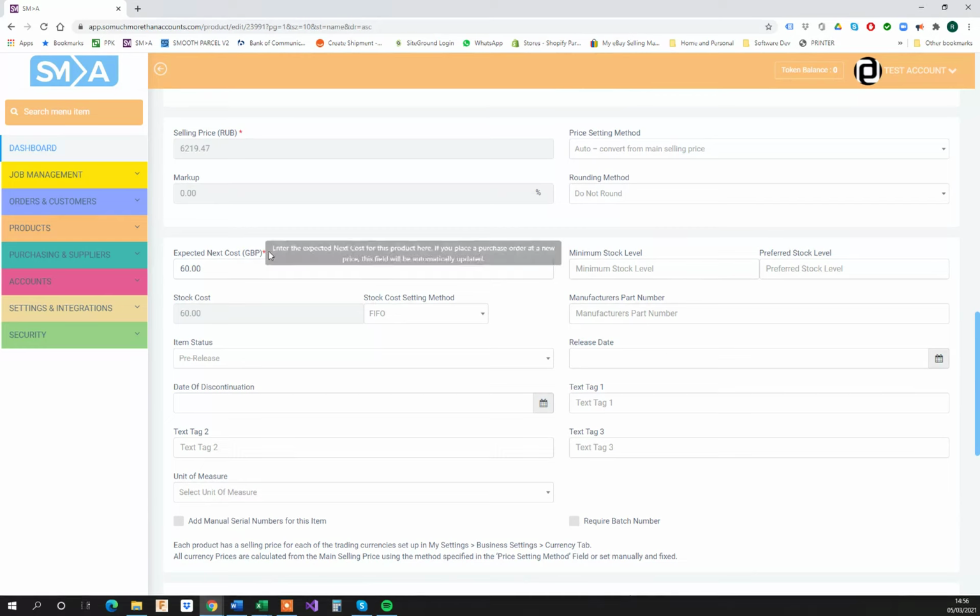Expected next cost, or next cost, is a required field on every product, and it's required because it needs to be used in your accounts. So when you sell this product, you deduct stock of £60. If you book one of these products in, then you gain stock of £60. The cost is used in the accounts, so it's a required field. It's called expected next cost